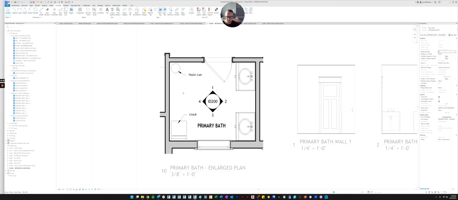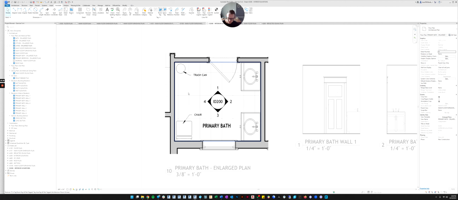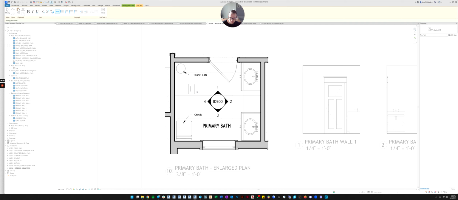There's the chair. Another thing we could do with text is call out the tile if we wanted. 12-inch by 24-inch tile.